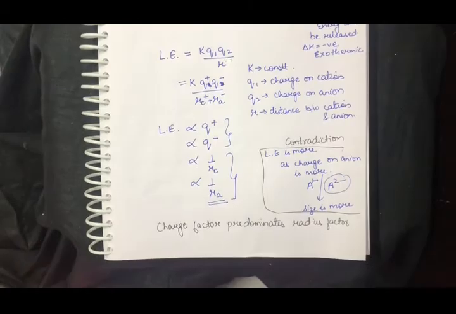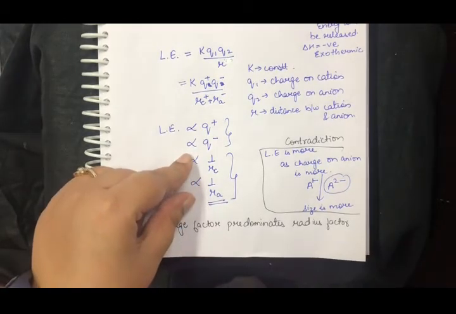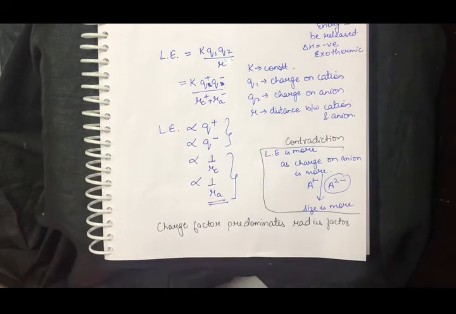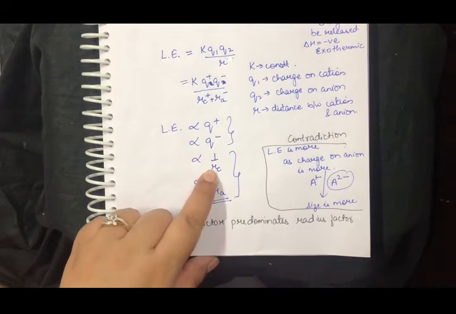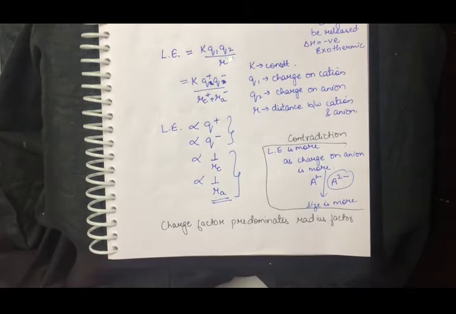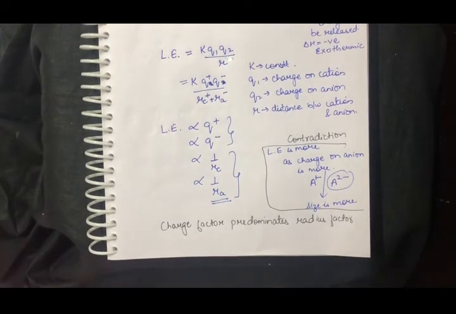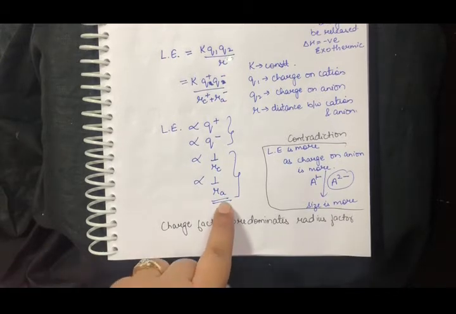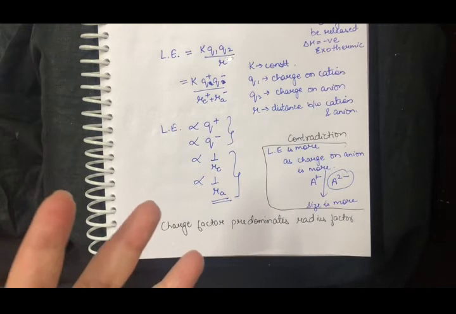You will also ask why this particular logic has been applied. Why is the radius inversely proportional to the lattice energy? The simplest reason is, if the radius is small, the effective nuclear charge is going to be more, because the nucleus would be able to strongly hold or attract the electrons of the other atom. And if that bond is strong, there would be more energy required to break the bond. So the logic is correct: if the radius is small, effective nuclear charge will be more, the bond would be stronger, and very high energy would be required to break the bond.